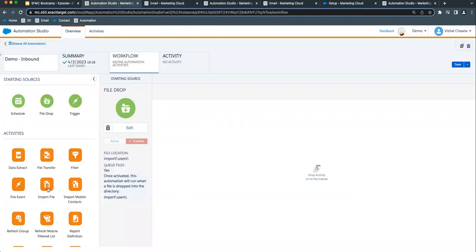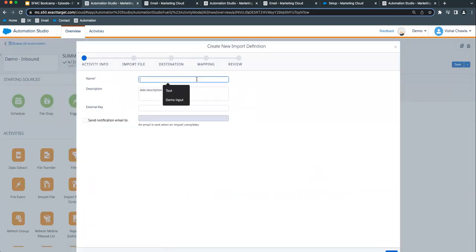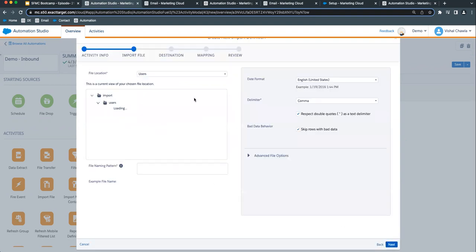So for that, I'll select the import file activity. I will create a new one, and I will say import welcome user data. Right. I also have an option to configure a notification email address inside the activity as well. And I will say that the file that I want to import is called